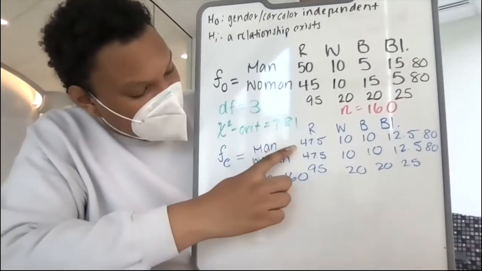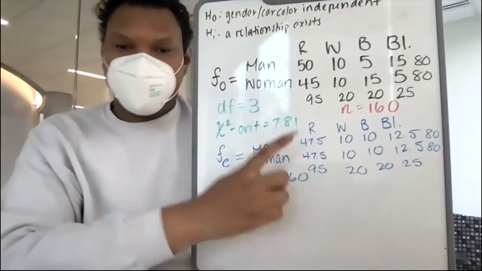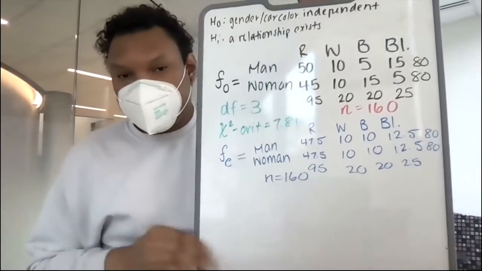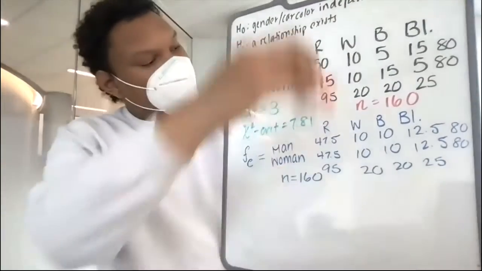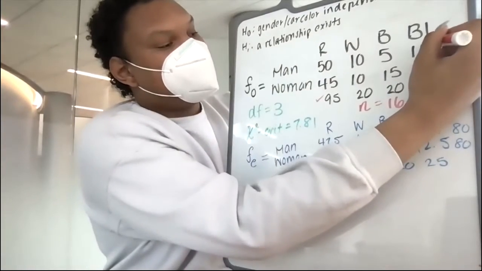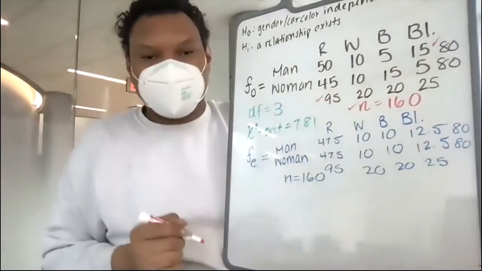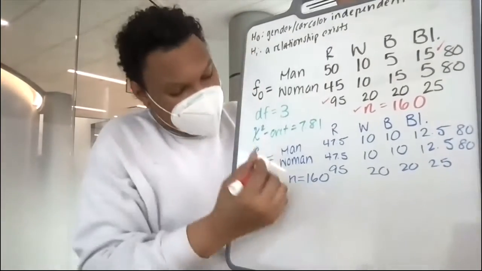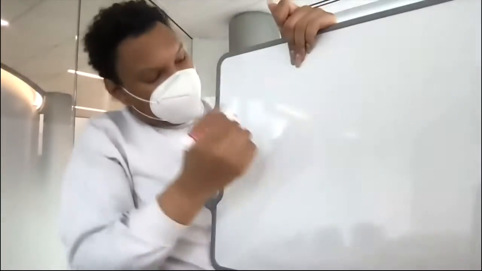in finding our FE in depth. We will do this for the first cell for men with red car. So let's remember our values. 95 for our column, 80 for our row, and 160 as our n. And again, the formula is